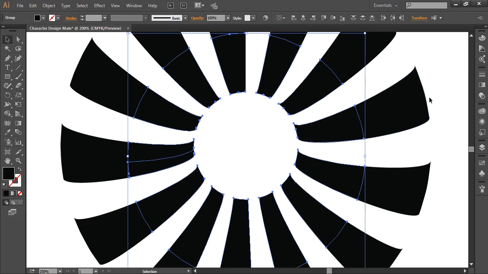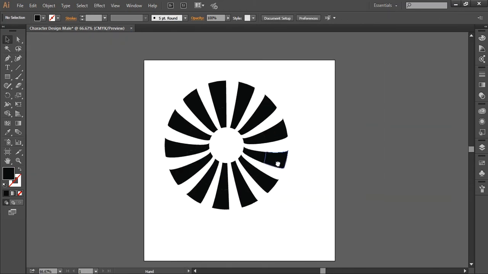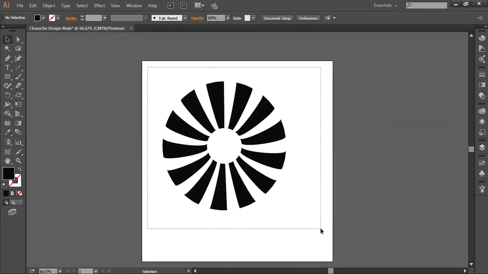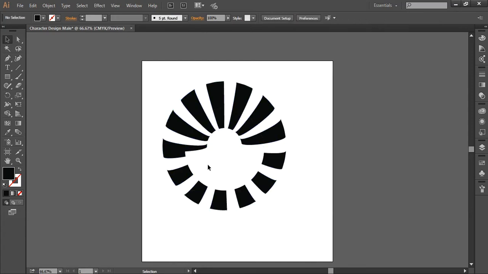As you can see, it's all clear. You can see the image is clear. The vector I'm creating is more clear to you.